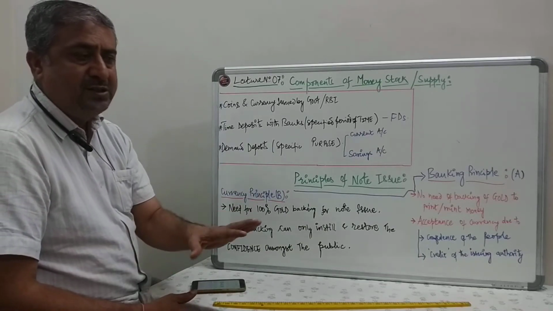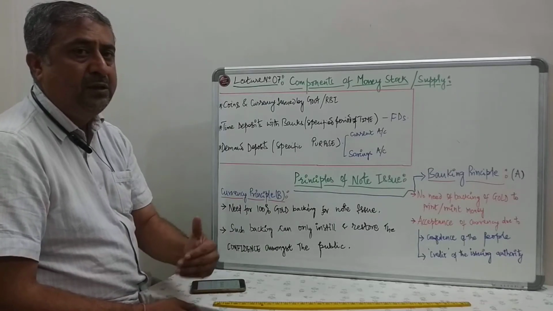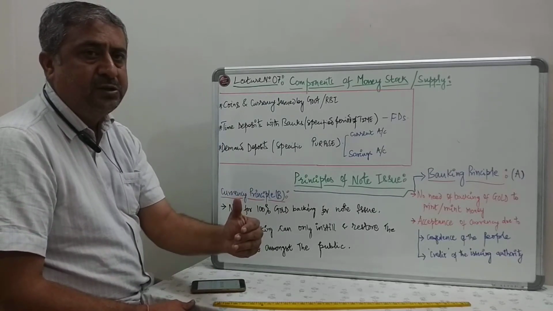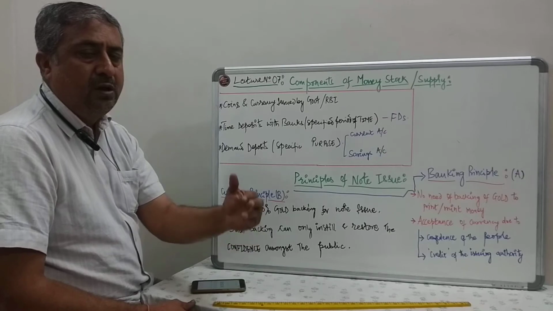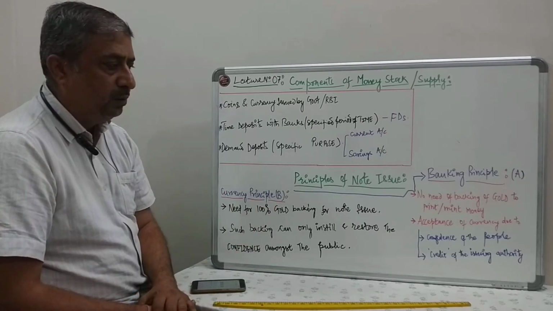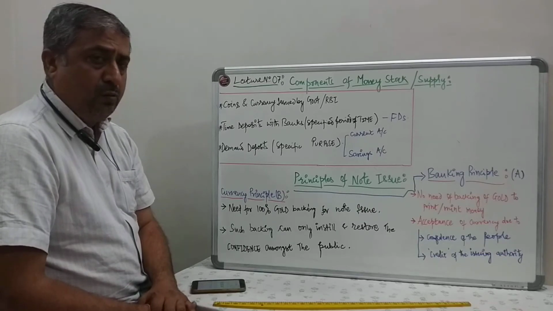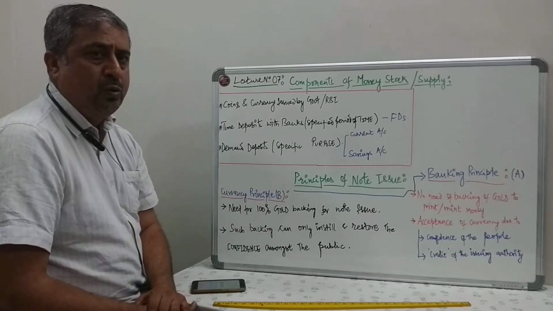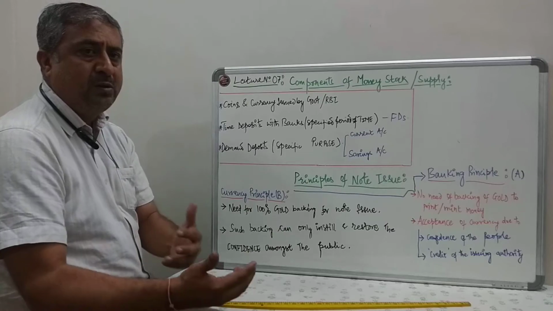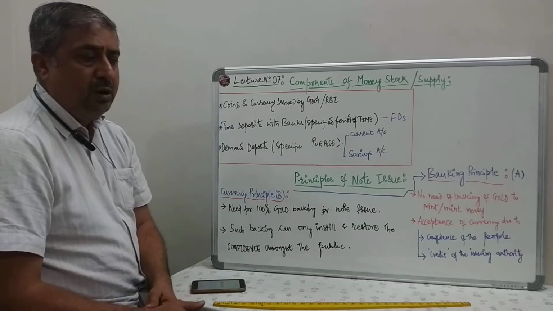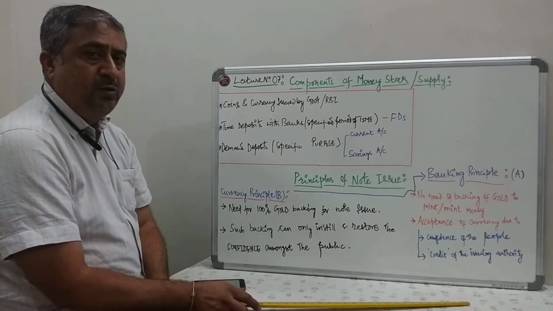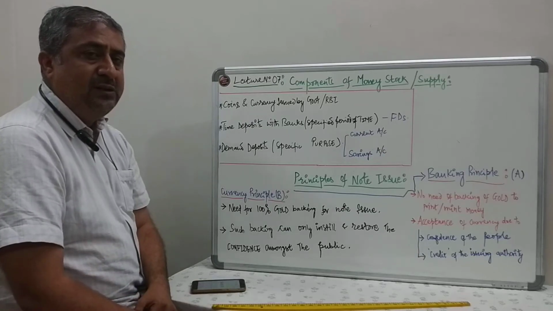There was no necessity of backing the printing of currency or minting of coins against gold, right? Why is it the case that you don't need the backing of gold? How is the money going to derive value? This principle is used in times of